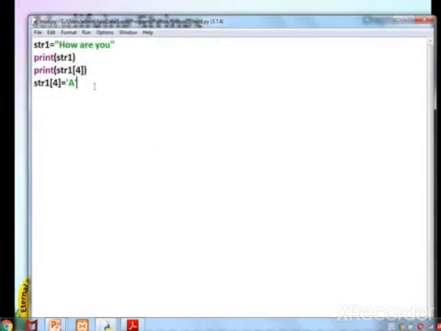Okay, so they are saying that if I want to change, I have to use this method. I have to change completely.